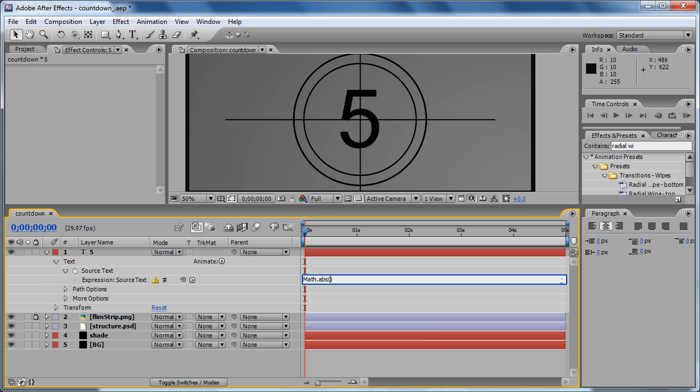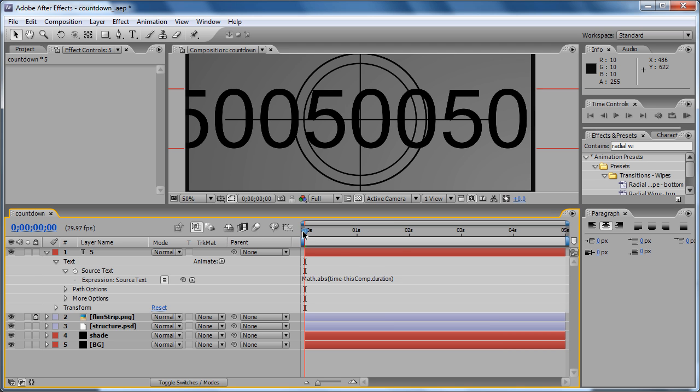And then absolute value, ABS, open and close parentheses, then time minus this comp, comp with capital M, this comp, that duration. Now we are getting there, but that's not what we want. We want a whole number. We don't want decimal numbers. We just want an integer,